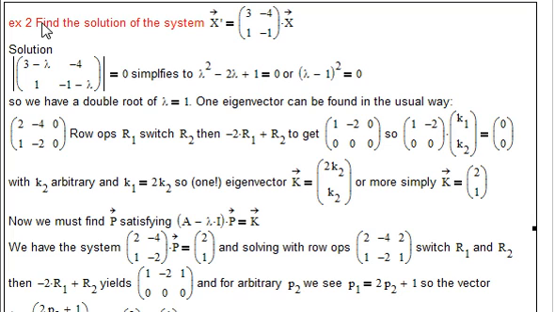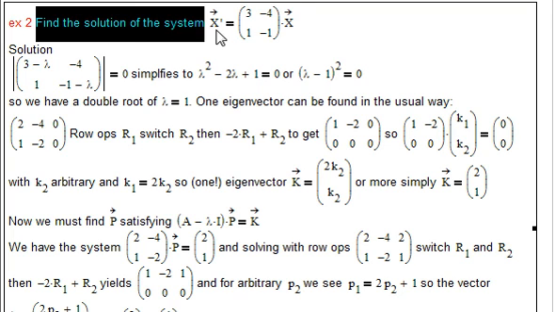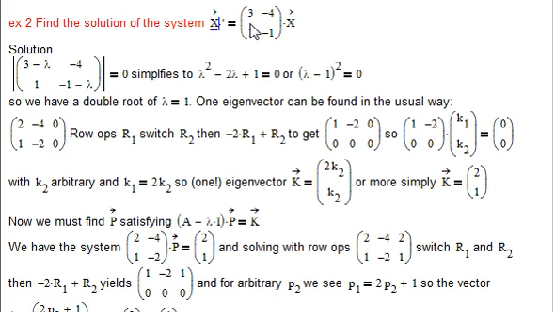So here's an example. Find the solution of the system x prime, the derivative of this vector, equals this matrix times the vector. In order to find the solution, we first find the eigenvalues of the matrix, which is the determinant of 3 minus lambda and negative 1 minus lambda in those parts, and the 1 and negative 4 in the usual place. So that simplifies to